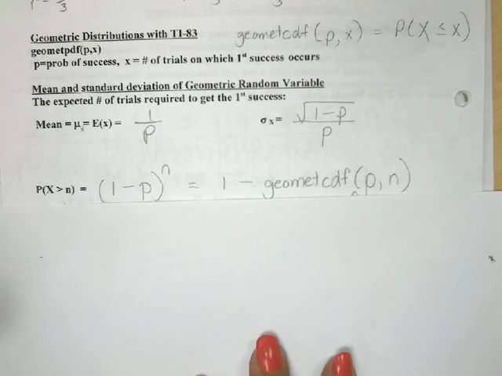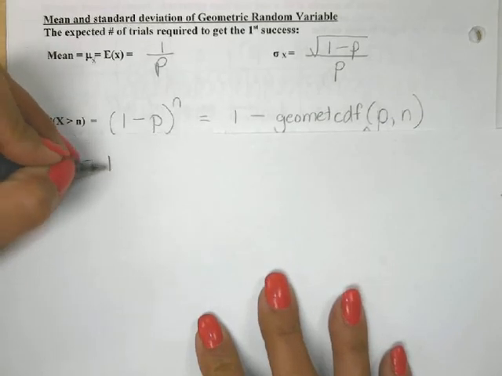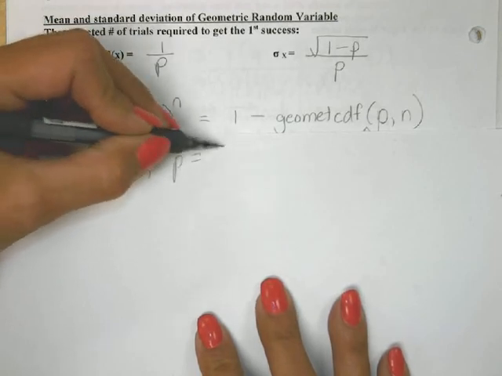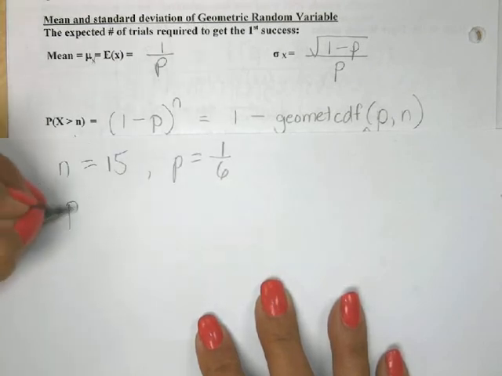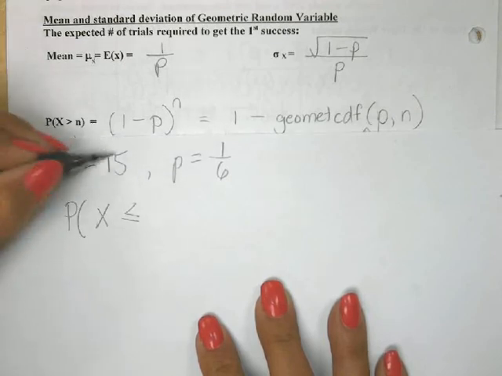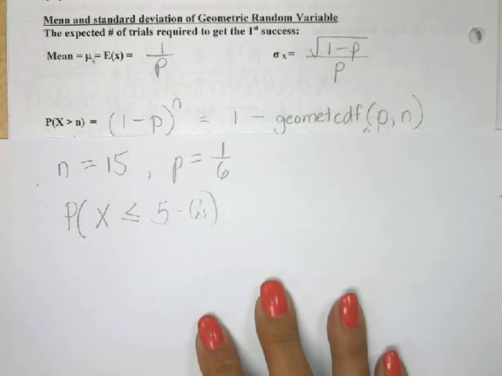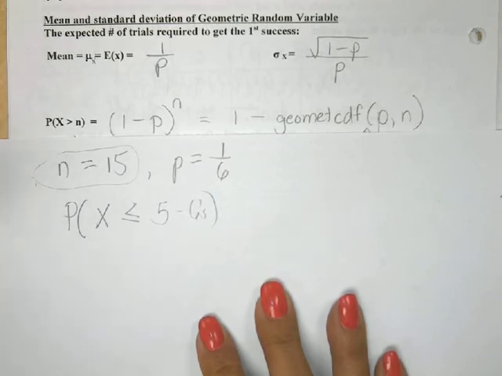And remember the context on binomial probability. If I, say, rolled a die a specific number of times, say I rolled a die 15 times, and I let the probability of the die coming up a 6 be my success, so I would have a 1/6 chance of having a 6 come up. And if I said to you, what's the probability that I will have less than or equal to 5 6s in 15 rolls? Well, that would be the binomial setting, because I'm rolling the die a fixed number of times, as opposed to a geometric setting, which would be to continue to roll the die until you finally get a 6.